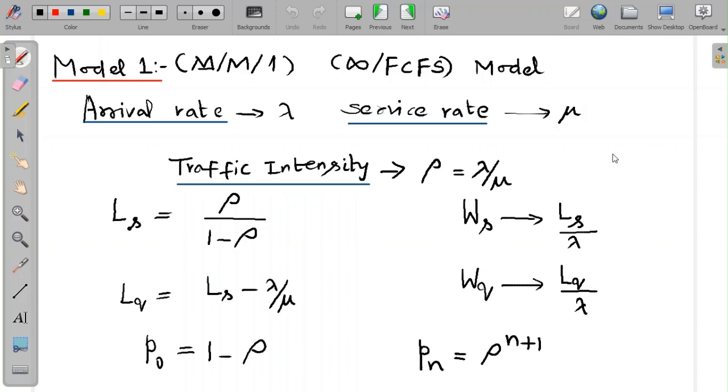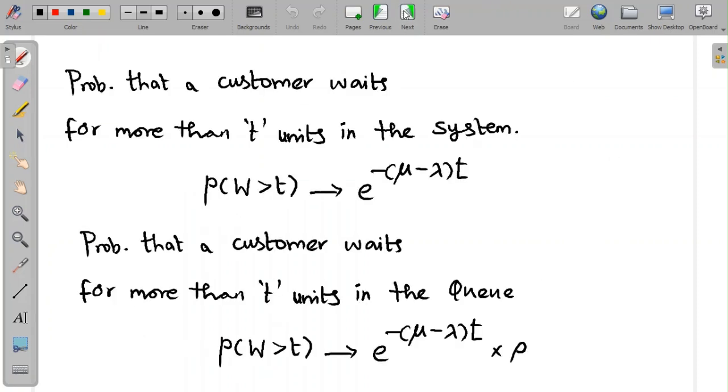Ls is given by rho by 1 minus rho. Lq is denoted by Ls by lambda minus mu. Ws is Ls by lambda and Wq is Lq by lambda. P naught is 1 minus rho. Pn is rho to the power of n plus 1 for this model. Further,